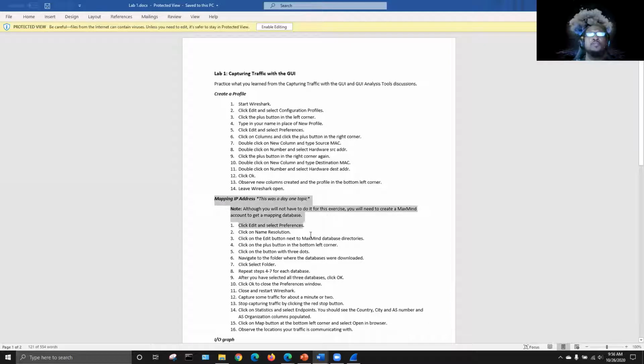This was the one for the mapping of yesterday when we were going through the GeoIP. Just want you to do that again. And now that I think about it, I did forget to put the database. I dropped the database in a shared folder while you're doing this part here. And when you go to your